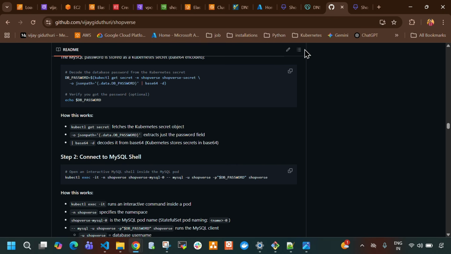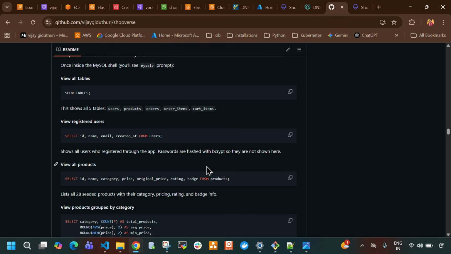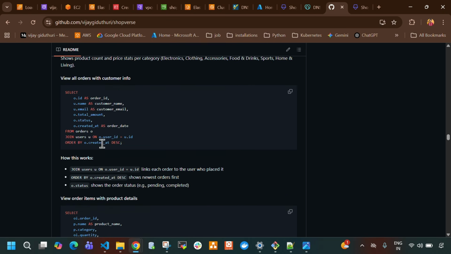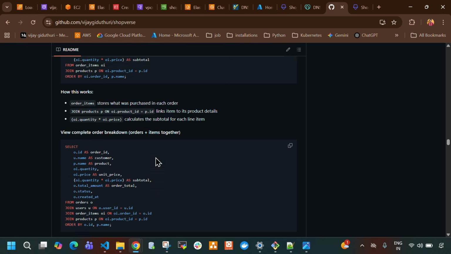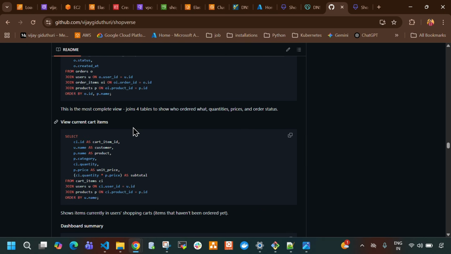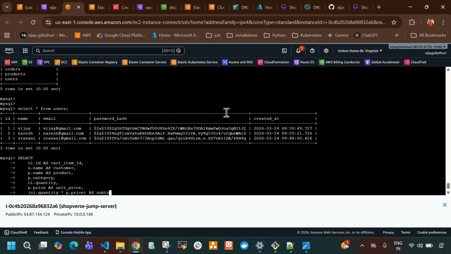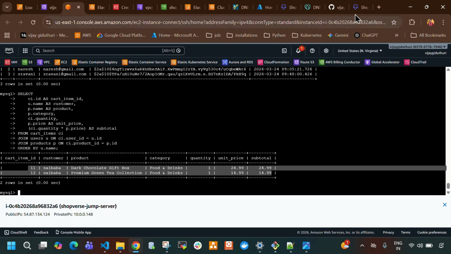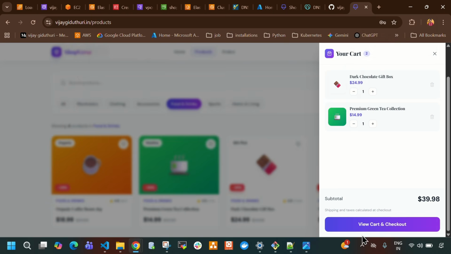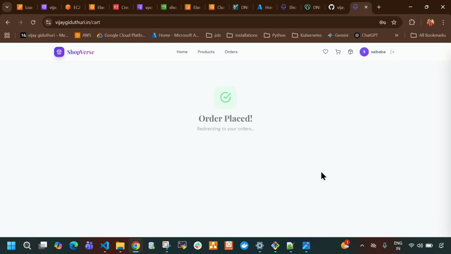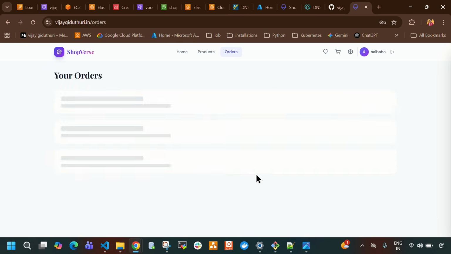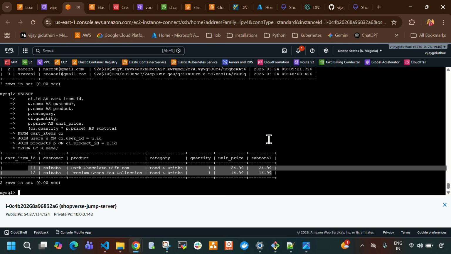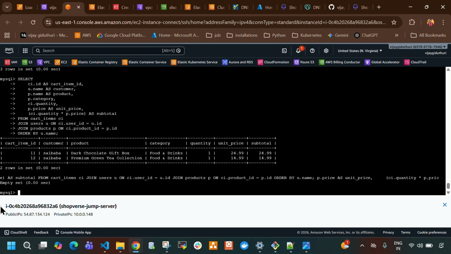Now if you want to see the cart list for all the users, you can directly run this command, guys. This is the command, you can directly paste it here. Now here you can see Sai Baba user has added these two items to the cart. Similarly, if you order these items, they will move from the cart. So now the order has been placed, right? Now if I run that command once again, here you can see